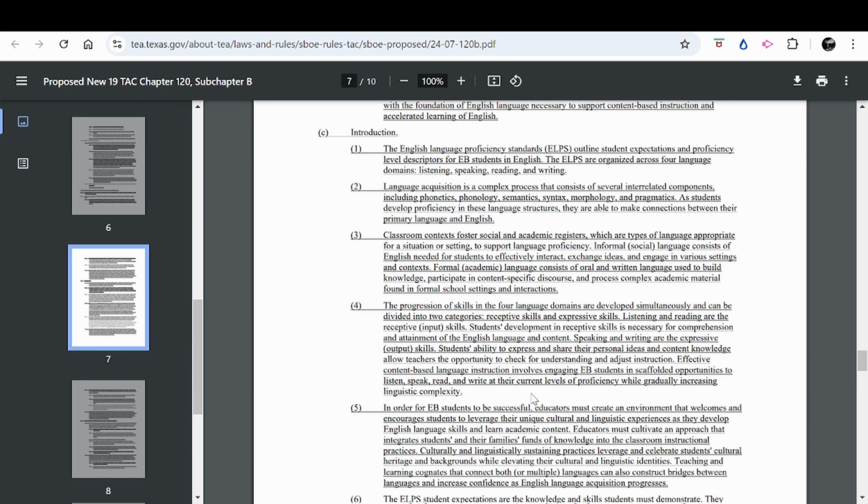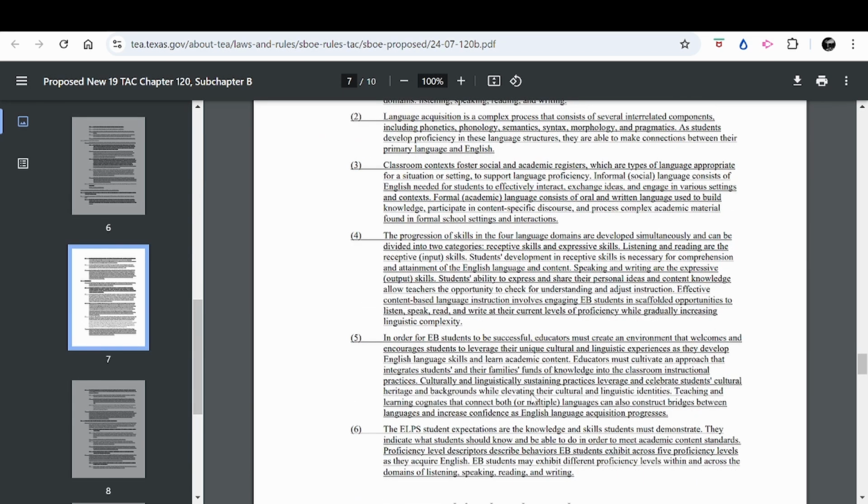Language acquisition is a complex process that consists of several interrelated components, including phonetics, phonology, semantics, syntax, morphology, and pragmatics. As students develop proficiency in these language structures, they are able to make connections between their primary language and English.